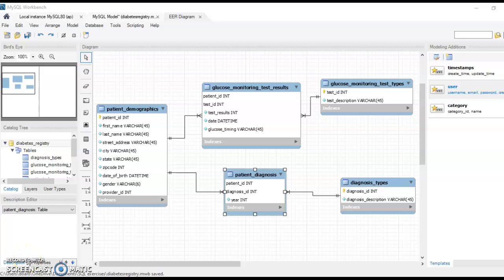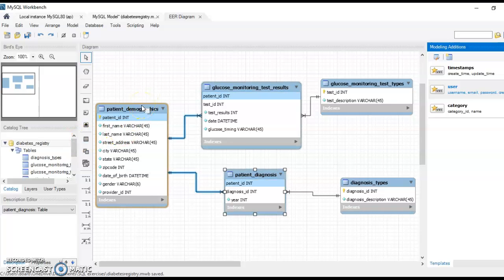I created a database that includes 5 tables. I probably shouldn't have included that many tables because it got a little bit complex and a little confusing at some points, but I did 5 tables and I named it Diabetes Registry. Right here, all the tables here. And I'm opening up showing my diagram,